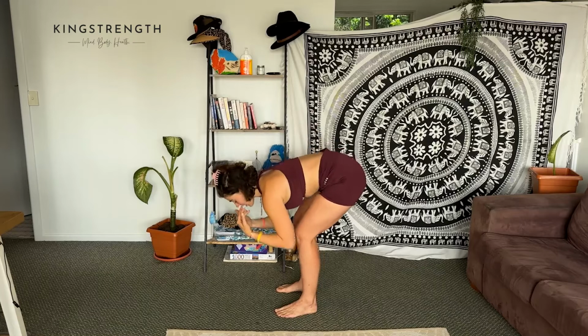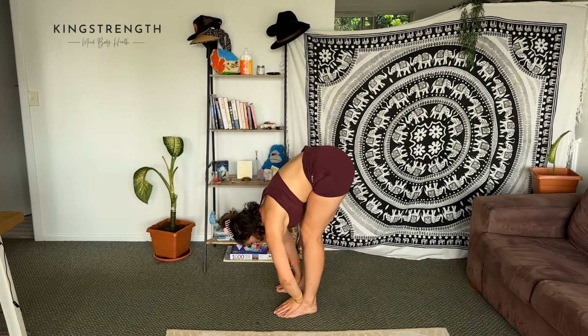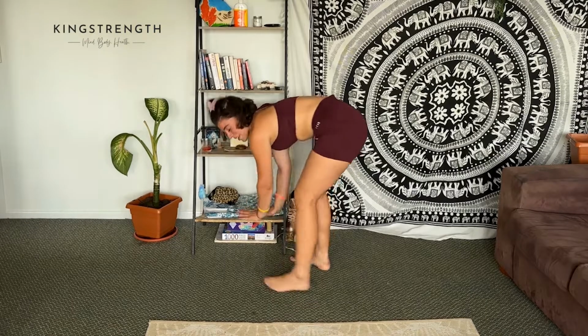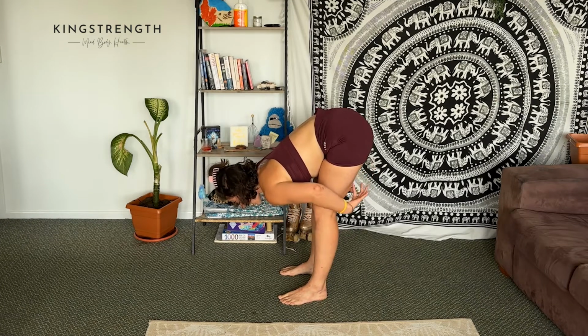drop down. Now you might need to bend your knees a bit more if it's the start of the day. It's the afternoon for me, so I'm a bit more stretched out. I just want you to hang here, so whether you're like this or like this, if you need to hold on to something, you can do that as well. You just want to hold on to your calves and just get that nice stretch down the back of your